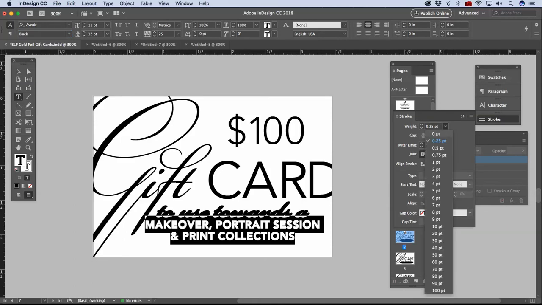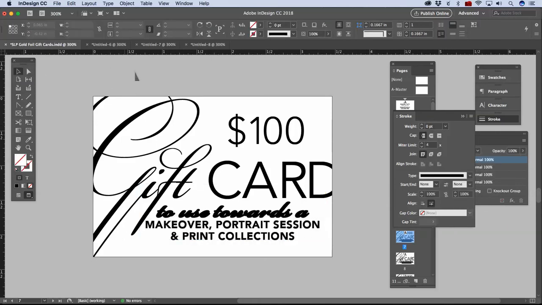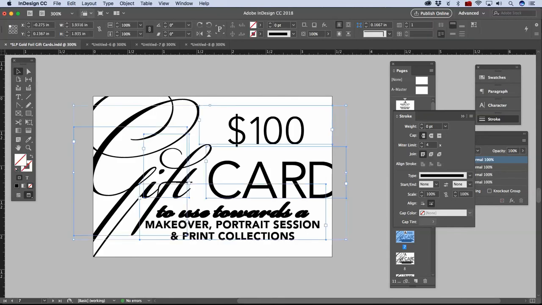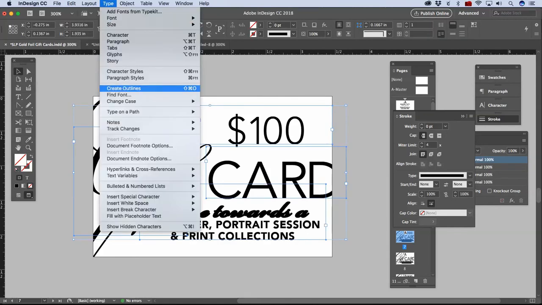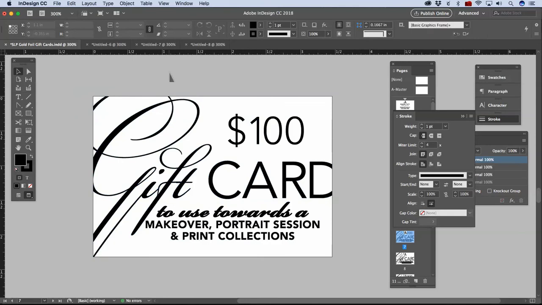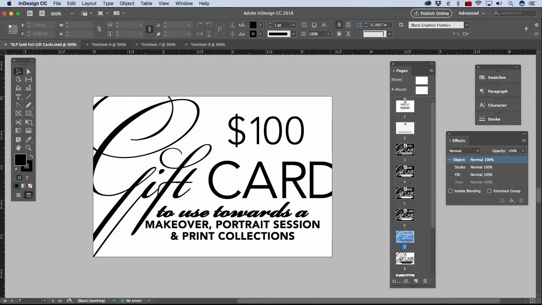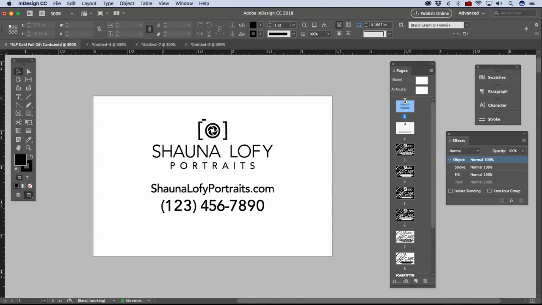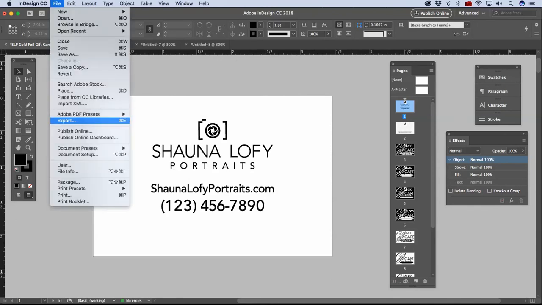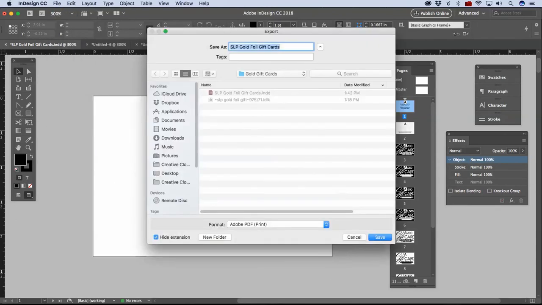And we don't need an outline on that since we're making it a bolder font. And then we're going to select all and then go to Type to Convert to Outlines. Okay, once we've done all that, now we just need to export all of our pages. So we're going to go into page 1, go to File, to Export, and this is going to open up